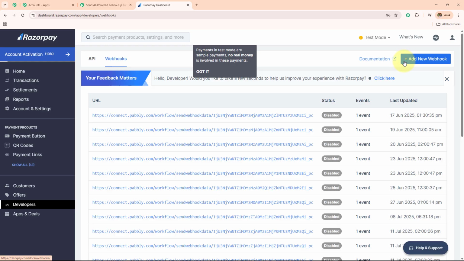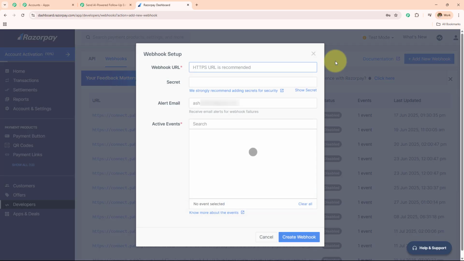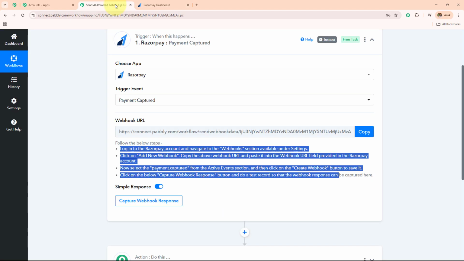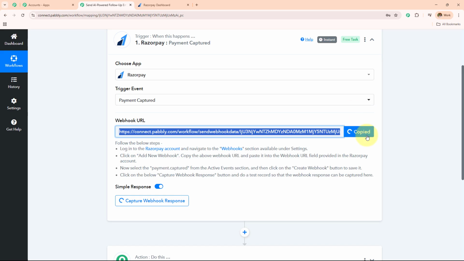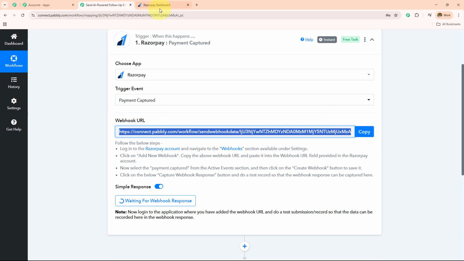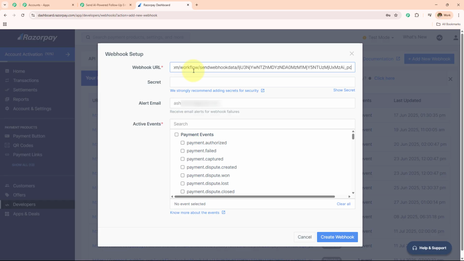Now to add a new webhook, I simply need to click on this add new webhook, and then I have to enter this webhook URL which I am provided in my Pabbly Connect workflow. So I'm simply going to copy this webhook URL and paste it over here, and then I'm going to provide a secret,